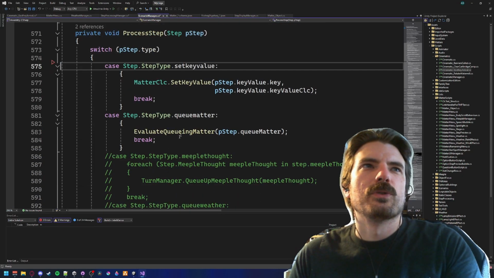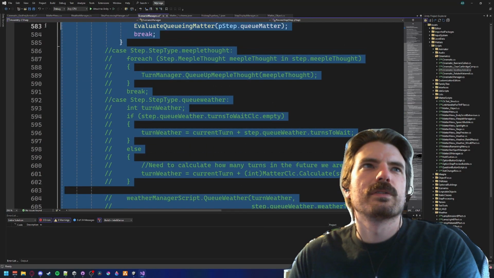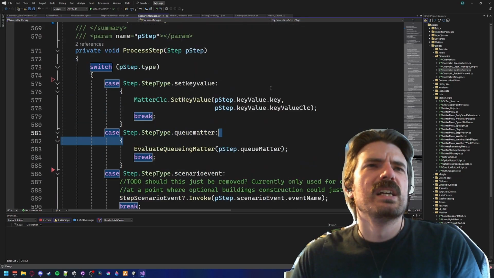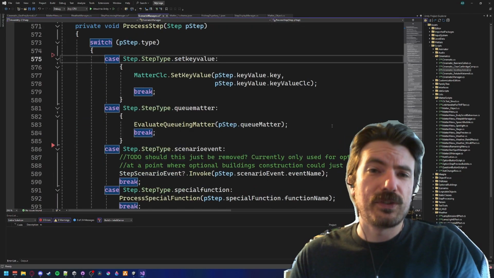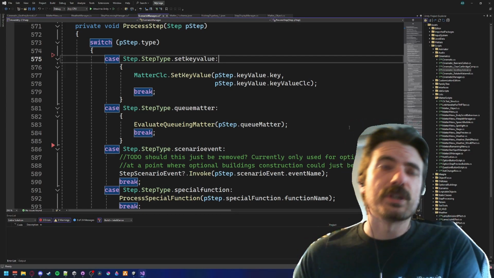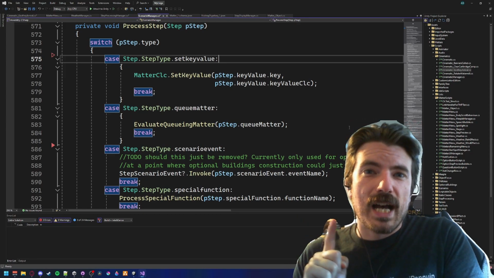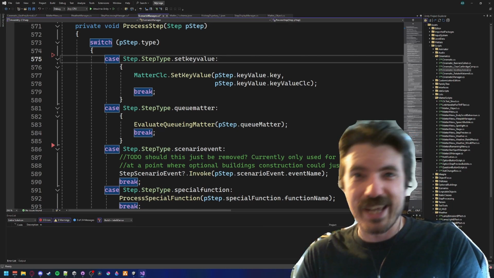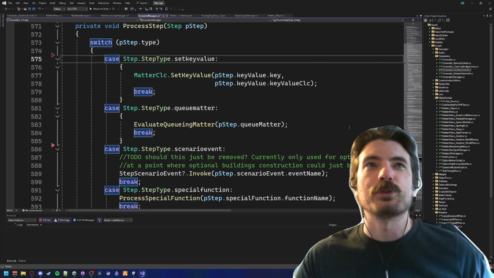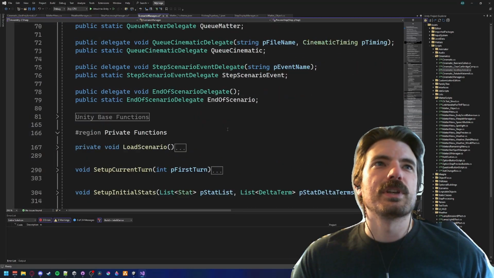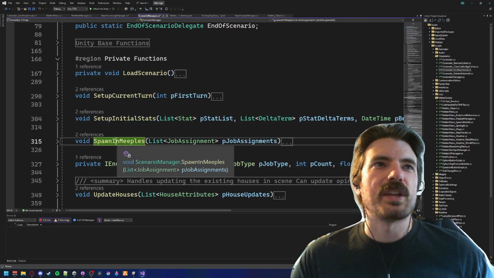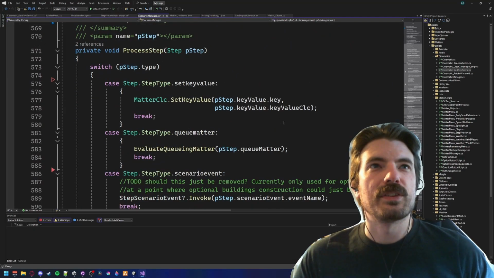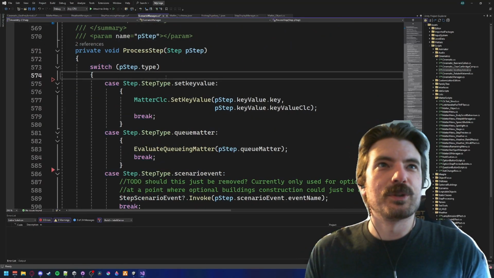If we take a look, after I remove these comments, it's still going to have a handful of things that it processes. And you might be like, Addison, I thought you didn't like this switch statement and it was the whole reason you did this refactoring. Well, I said I didn't like the scenario manager handling things that were unrelated to what it has really flourished into, which is all of the loading scenario and setting up and spawning in the things that are part of the loading process. And some of those things also have steps related to them. So, for example,